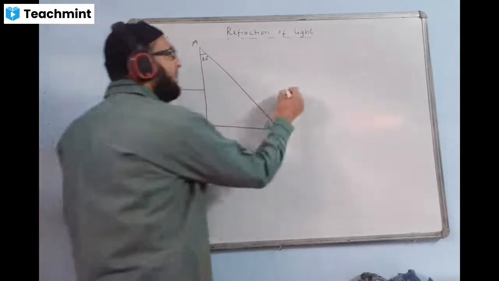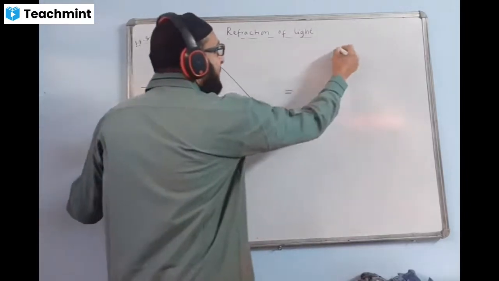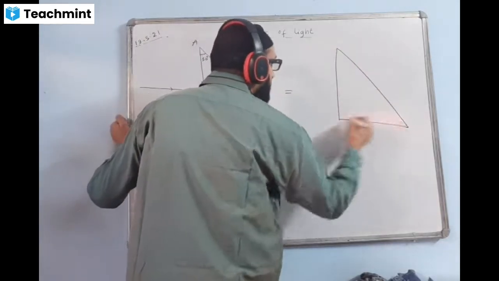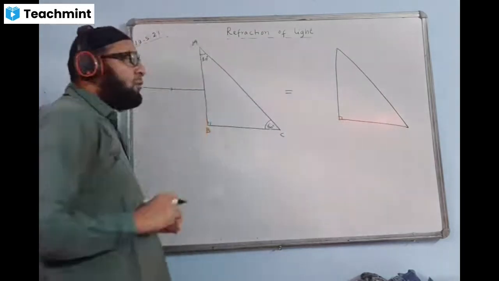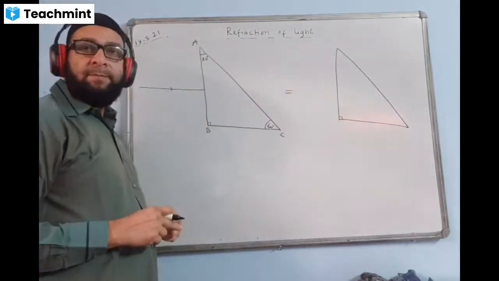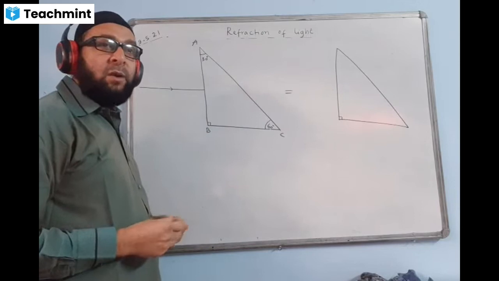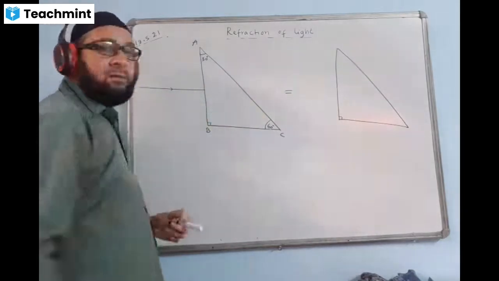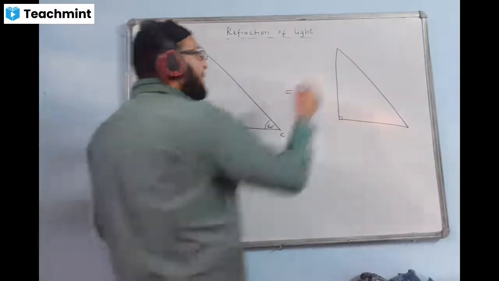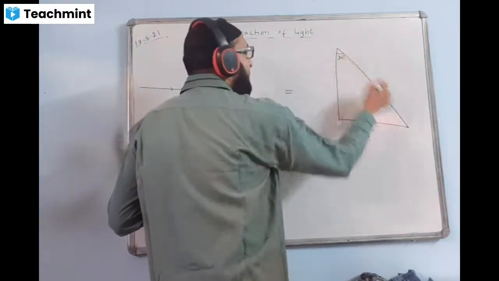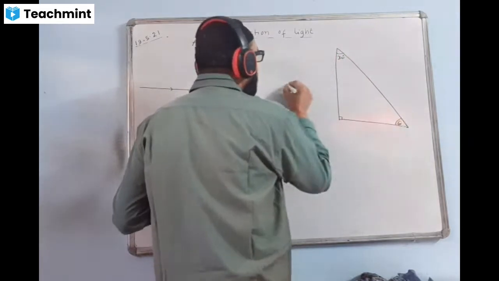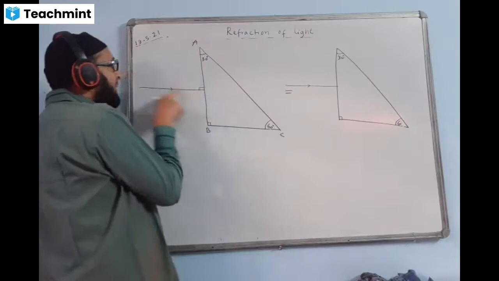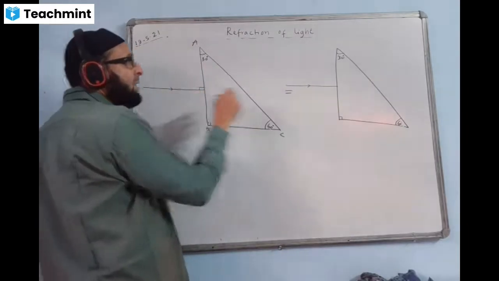We'll put an equal sign and then complete it here. We also draw two diagrams, one given in the question and one that we complete, so that while revising, you remember this was the actual diagram in the question and this is the answer, how we completed it. So here I'll write the same thing, 30 degree, here it is 60 degree. The ray of light is coming like this, normally incident.